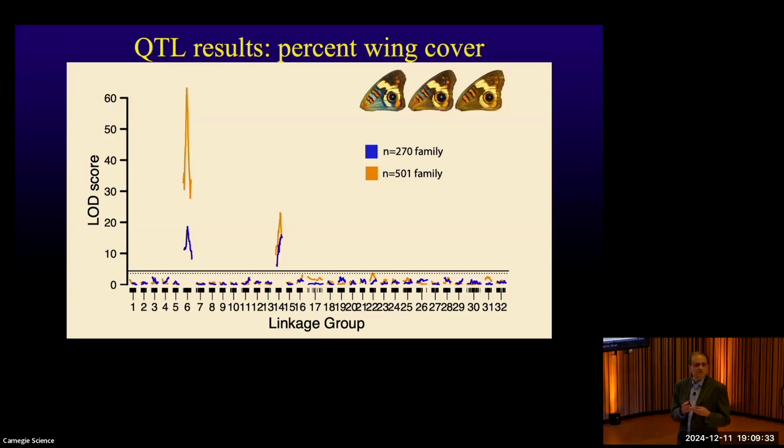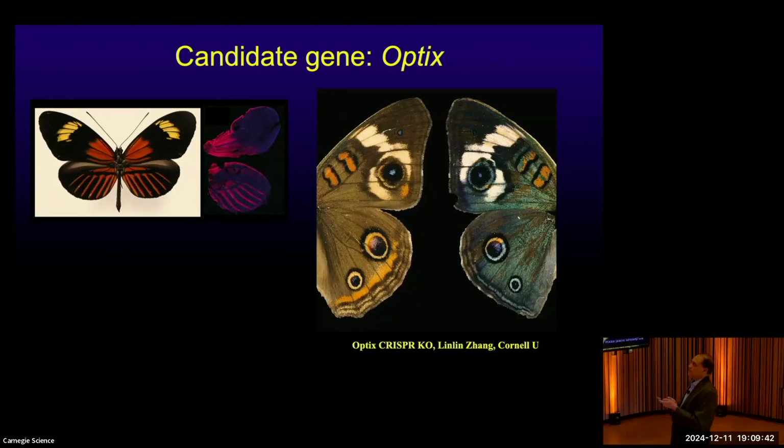that is actually controlling this. We actually know what one of these genes is already. We know that the gene here is called optix. So it's been characterized before as a gene that controls the red pattern in Heliconius butterflies. And it's a transcription factor that's in the nucleus that turns on and off lots of other genes. And sure enough, in buckeyes, here's a normal buckeye. If you go and use CRISPR genome editing technology to remove the gene in the buckeye, it turns blue. So that is the gene that's controlling that, okay?